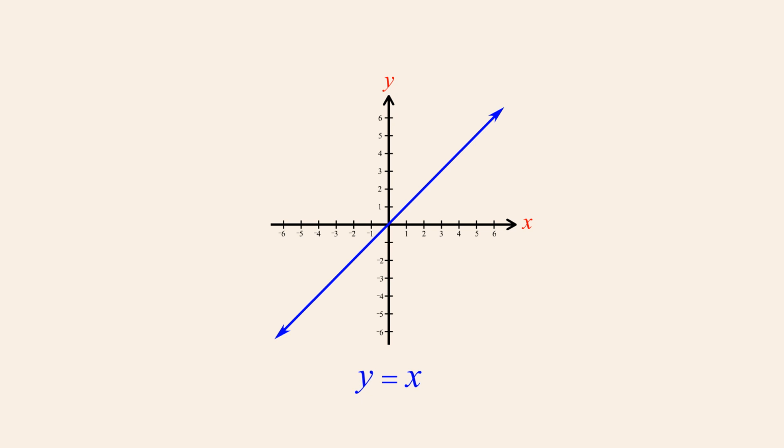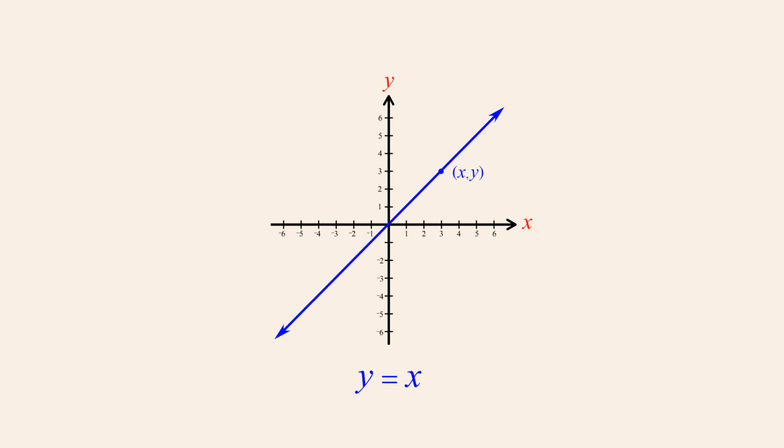This equation states the condition that the x and y coordinates of every point on the graph have the same value. We say that the coordinates of any point on this line satisfy this equation. We can verify this by replacing the variables x and y in the equation by the coordinates of any individual point. If this creates a true statement, then the coordinates satisfy the equation and the point lies on the graph.